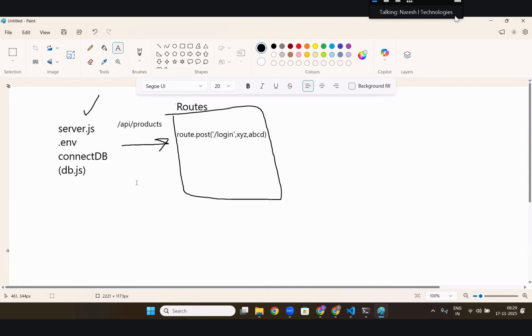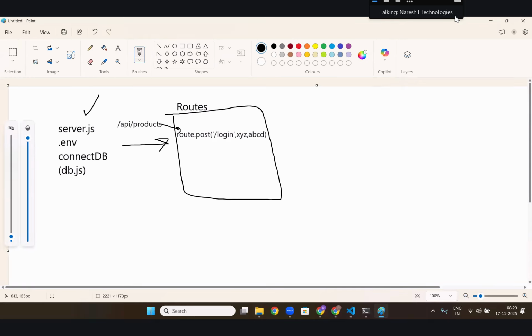Are you getting my point? When they went to slash products, I called this. So indirectly, if anyone writes slash API slash products slash login,